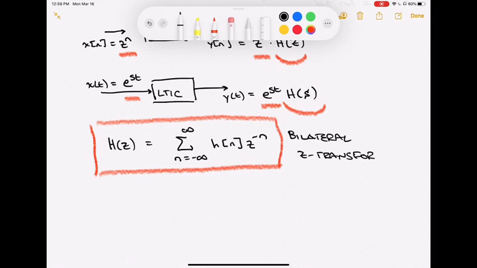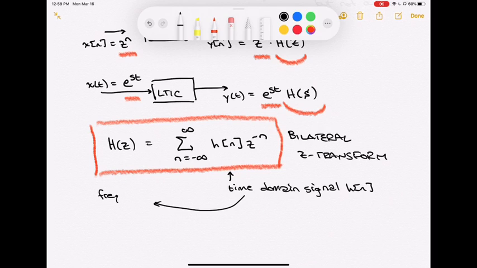Very, very similar in structure and in purpose to what we saw with the bilateral Laplace transform. It does take a time domain signal. So here's a time domain signal, in this case the signal h of n, and this transform basically takes that and converts it to a frequency domain signal, right? That h of z is a function of the frequency variable z, not a function of the